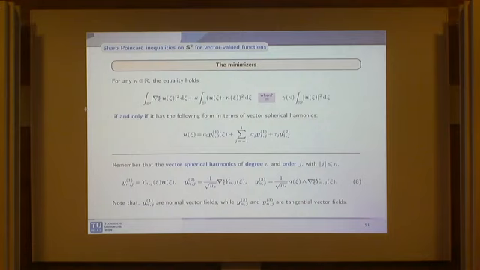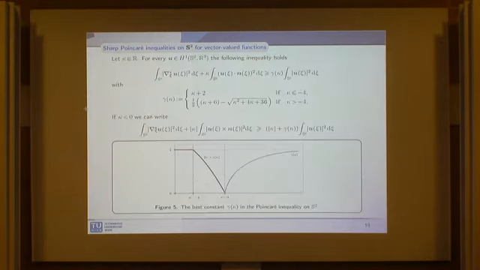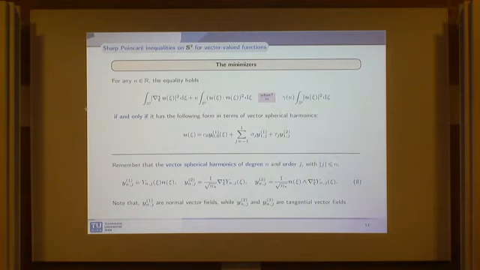So that was the question of when the inequality is exactly reached by this combination of vector fields, in which the coefficients must be chosen according to whether kappa is less than -4 or greater or equal than -4. And just to recall the vector spherical harmonics, these Y_lj are the classical scalar spherical harmonics, and you introduce this complete system of vector spherical harmonics by taking the classical spherical harmonics multiplied by the vector field n, the normal to the sphere.